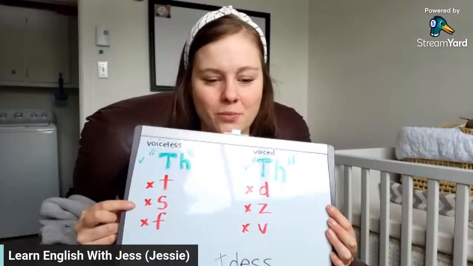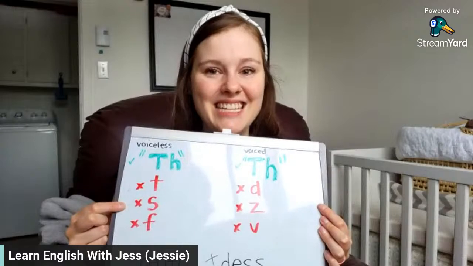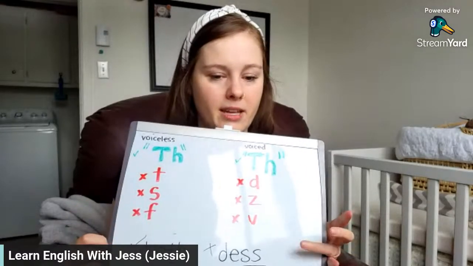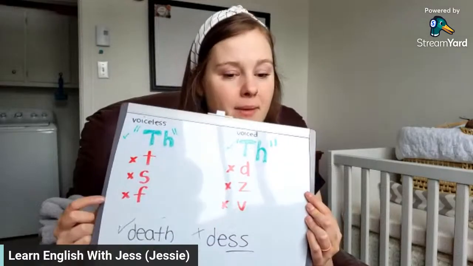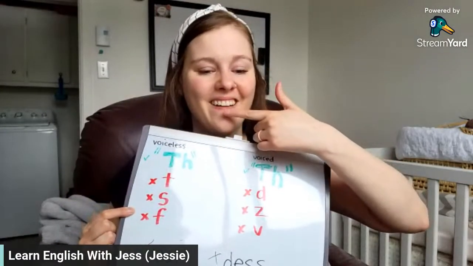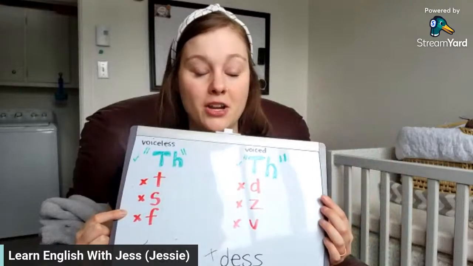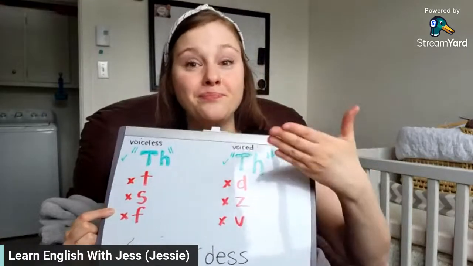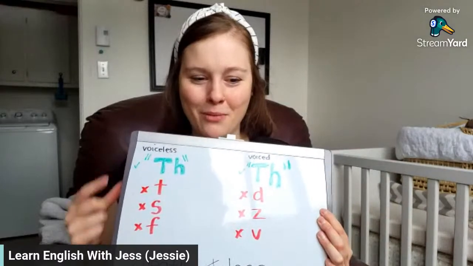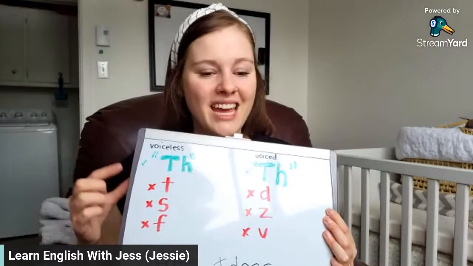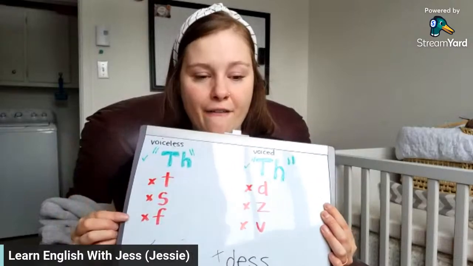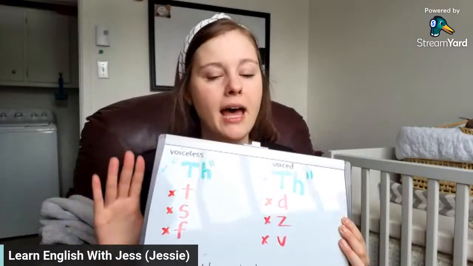And then this is not a word, but death with an F, which is the incorrect one that Nick was asking about. Now, remember your teeth are on your bottom lip. Death. So we're going to try to do it one by one. Death, debt, death. Okay, I'm hoping that helps.